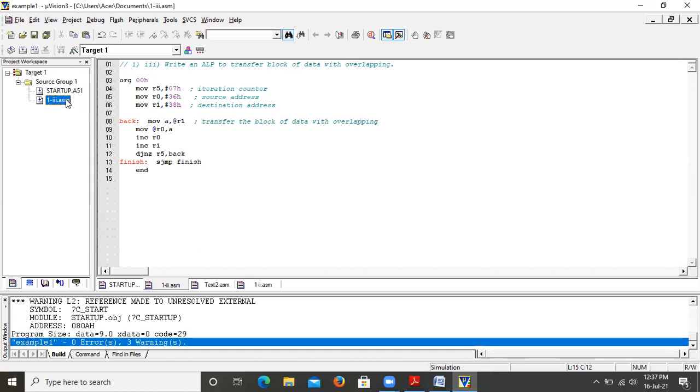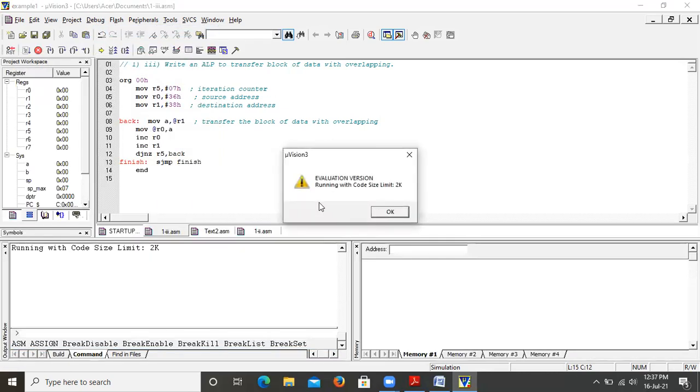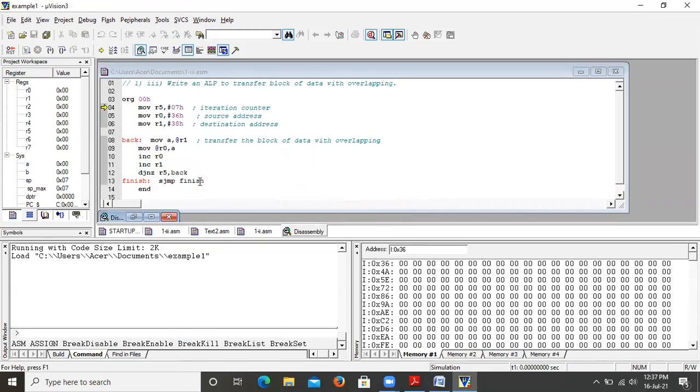Then what is the next job? To debug the code, so start the debug session. The code limit is 2K, say okay. What is the job now? We should enter the content into the source address. The address is 36. There are two ways to enter.